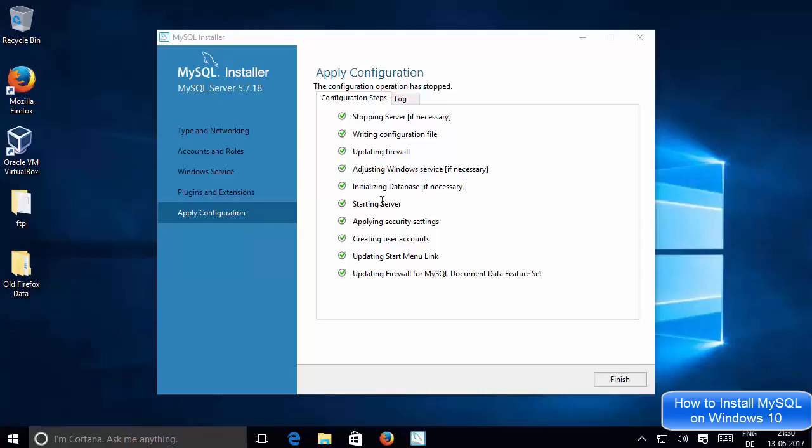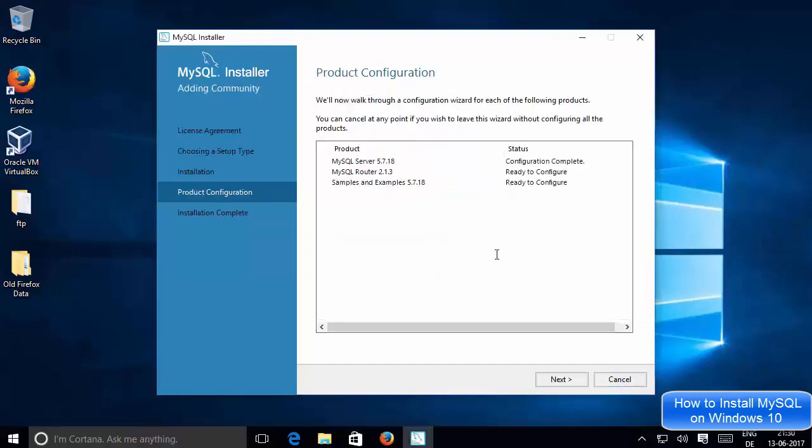So when we start the MySQL client, we will be able to directly connect to the server, right? Now next is applying security settings, creating user accounts, updating start menu links. So you will be able to see these links in the start menu also, and updating the firewall. So everything is done. I will just click finish, and you will see this MySQL server configuration has been completed.